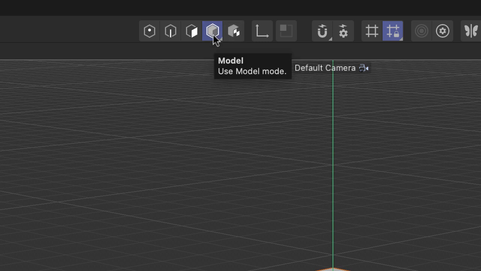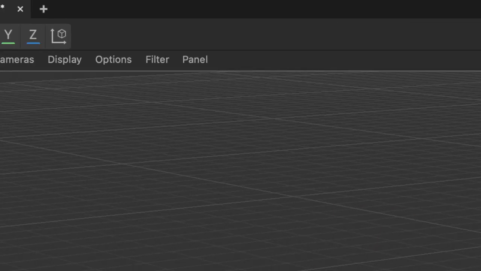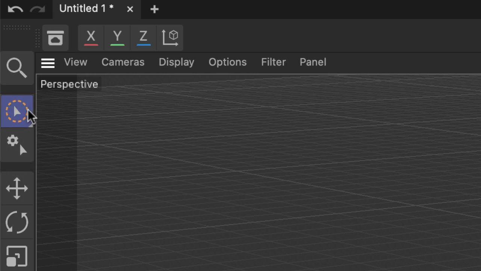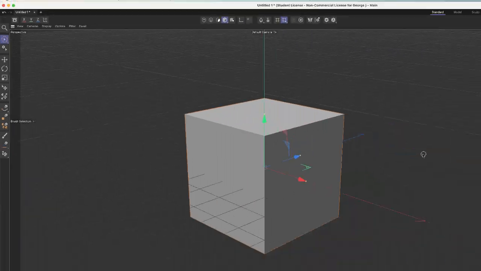Anyway, make sure you're in model mode for this, and then over on the right side, typically the tool will default to the brush selection, so make sure brush selection is enabled. And I'll talk about these other ones real quick a little bit later here. Okay, so